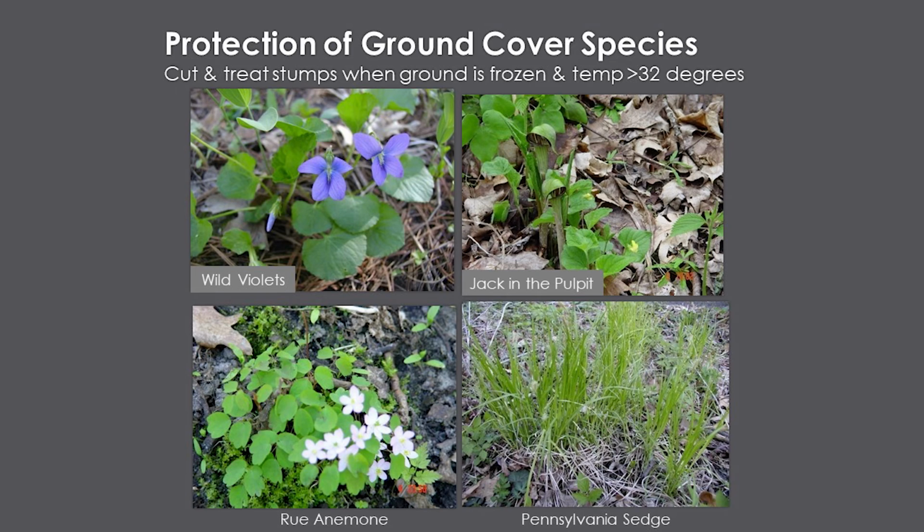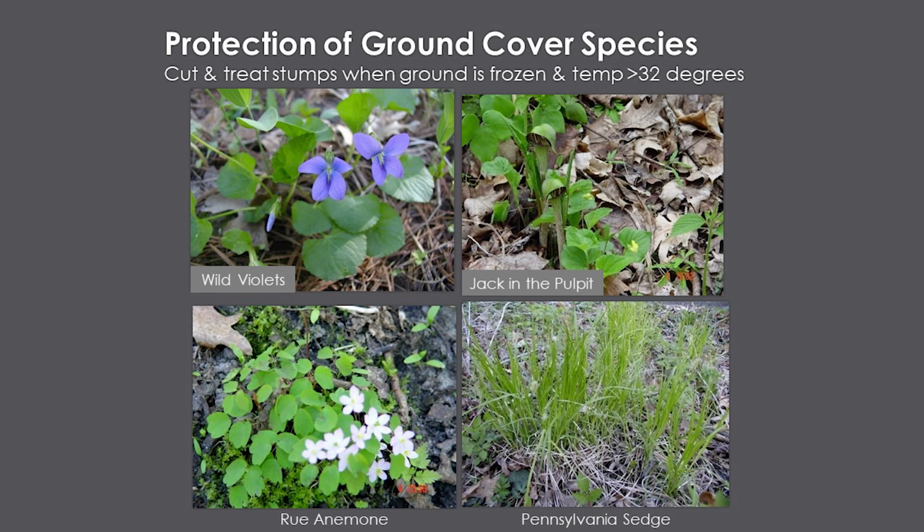But the way you save these beautiful native wildflowers, I mean, people have violets all over in their grass, but they're wonderful for a ground cover in the woods. And we've got rue anemone, Pennsylvania sedge. There are some volunteers that come and start pulling that out. And I say, wait, why are you doing that? Well, I pull grass out of my garden all the time. It's not turf grass that's spread. It's a native plant. Sedge belongs in the woods. Just letting you know that there's some really cool native stuff out there.